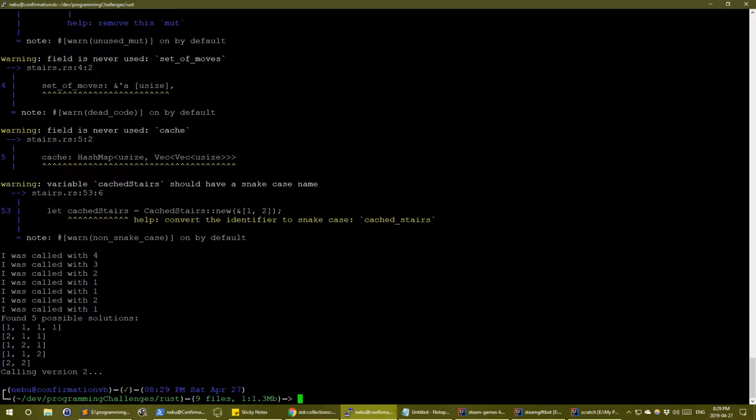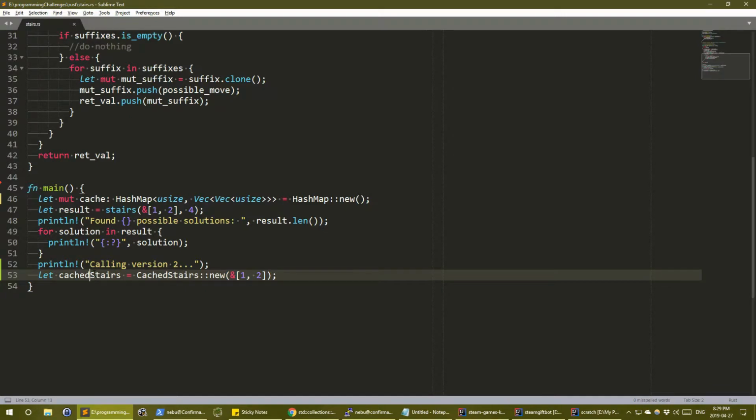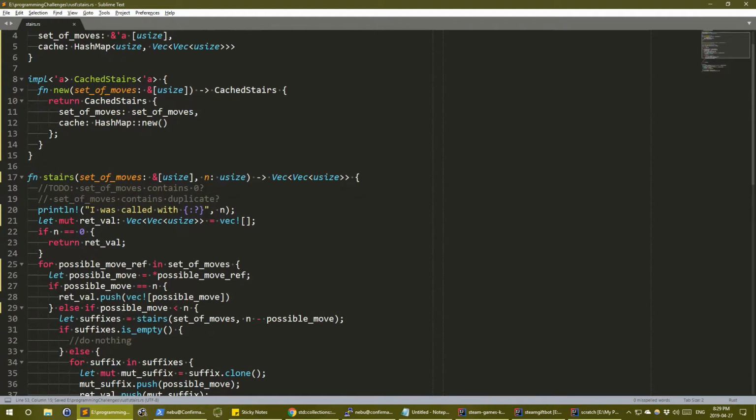No, it's telling me to use a snake case name. Fine, we can do that. Not a big deal. Okay, so the next step is I want to basically take this function and move it in as a method of